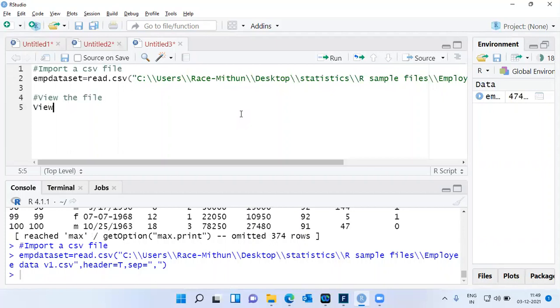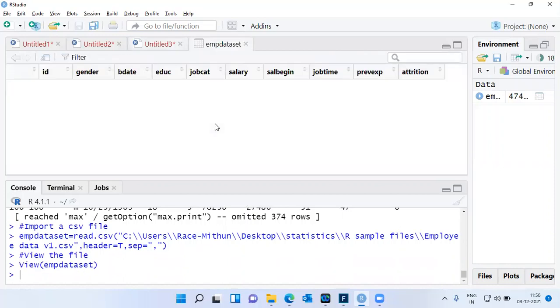All that you need to do is type a simple command which is called view. V is in caps. You can type view and then copy the file name emp data set, Control C, and just paste it here. Now, there are two important things which I'd like to draw your attention to. In this command view, the first letter V is in caps. The remaining three letters are in small letters. There is no need to type quotes here when you're declaring the object name.